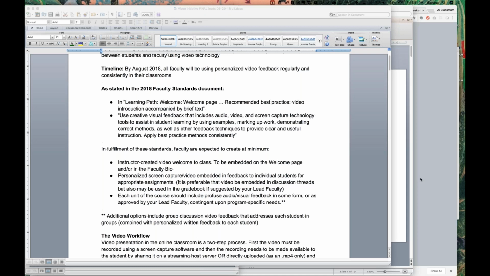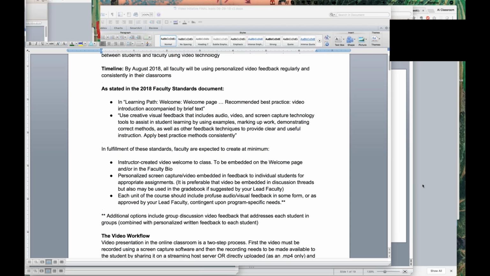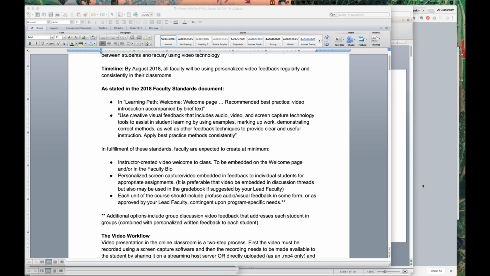You could do that. I guess that would be one way, is that you could just copy and paste the same video into those students, or you could make it a separate thread. Right. The group posting technique is in the discussion area, not the gradebook. Right. And I think that once we converted courses to the Pinnacle model, it